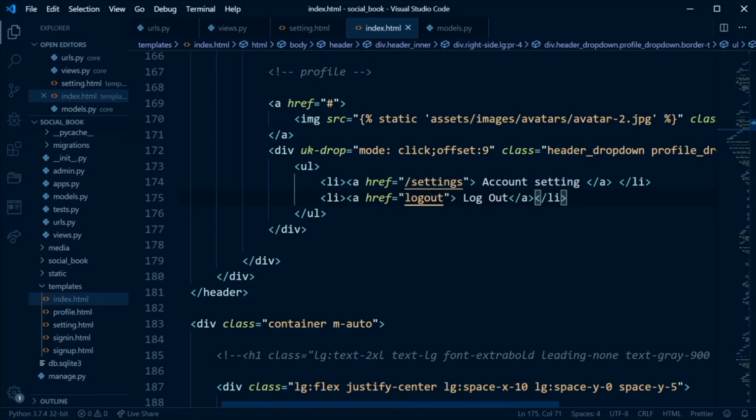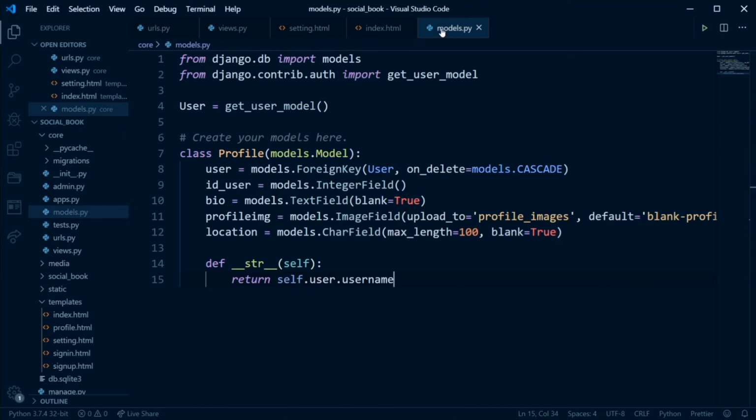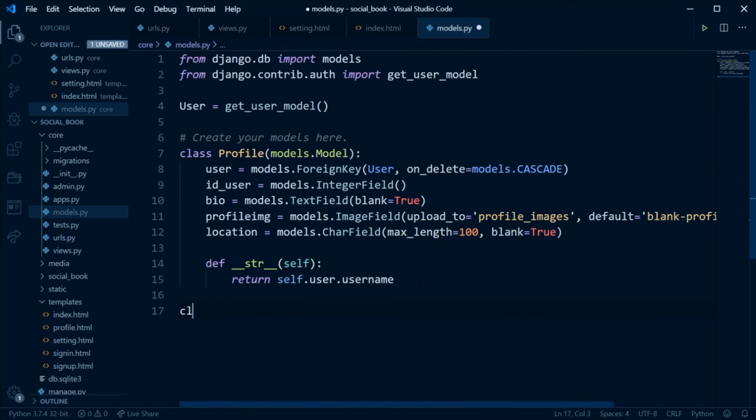Now let's get working with a user being able to upload a post. So the first thing we want to do is to go into our models.py file, and right here we want to create a new model for the post. So say class Post, models.Model,